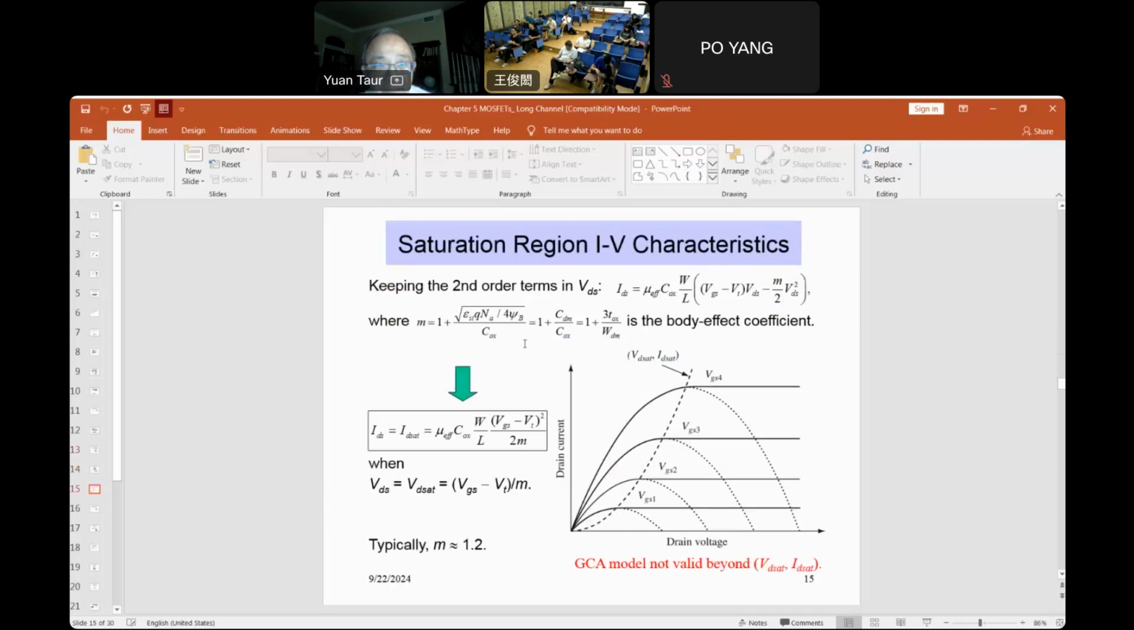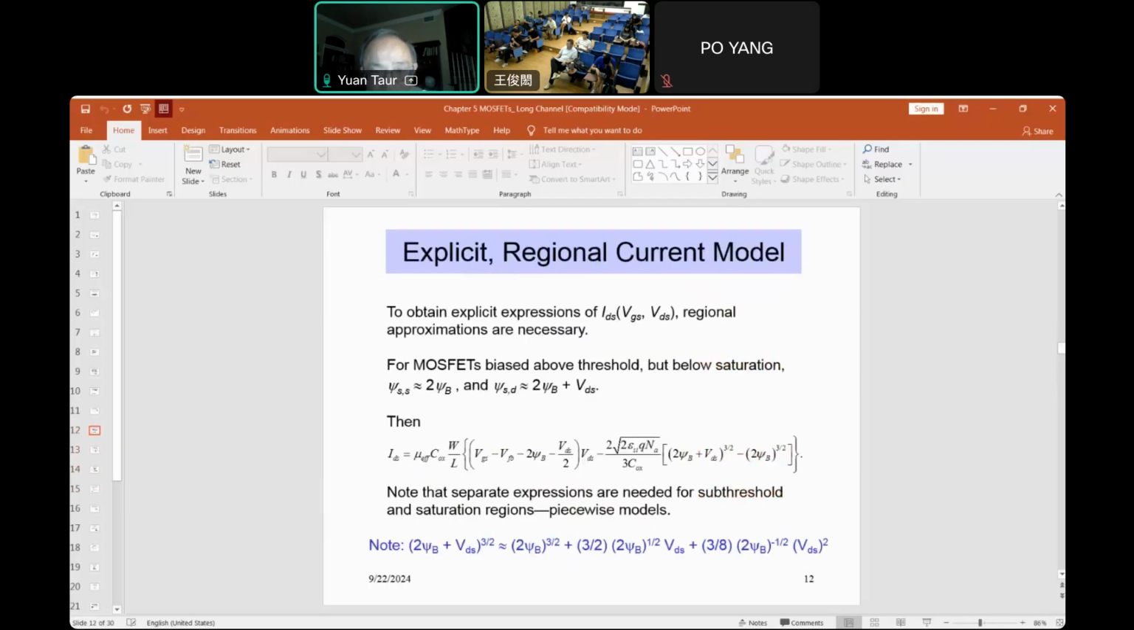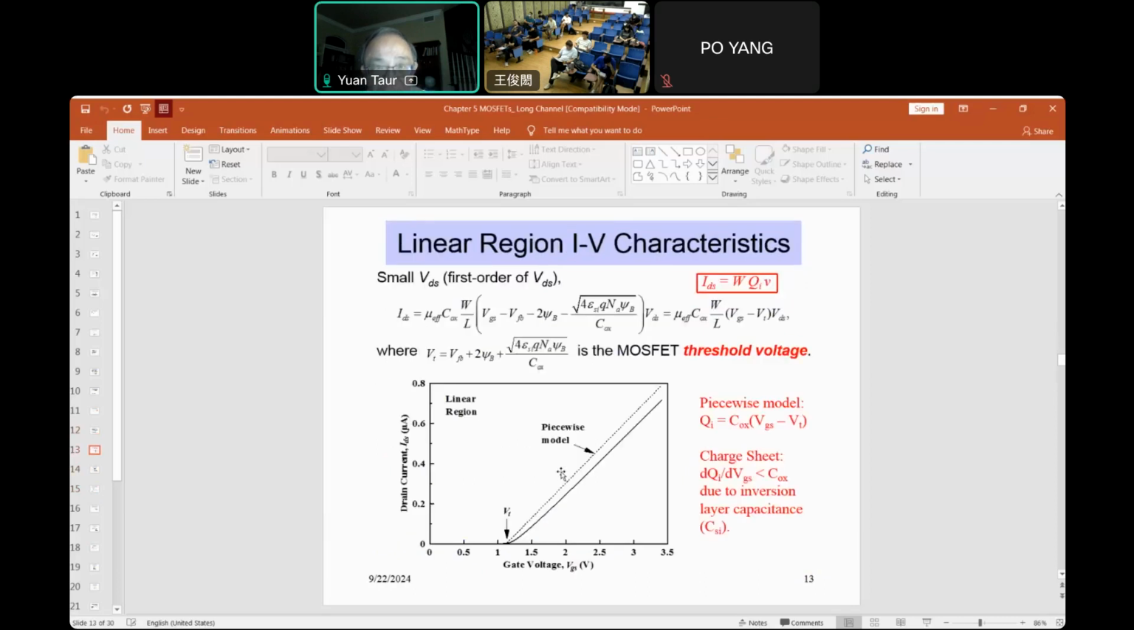And then we have the saturation region IV characteristics. Saturation region, VDS is large. So here it's first order. So now we keep this term as well. Okay, again, zero order cancel. The first order term, combined with this, gives you VDS. And then the second order term is VDS square, combined with that VDS square, gives you